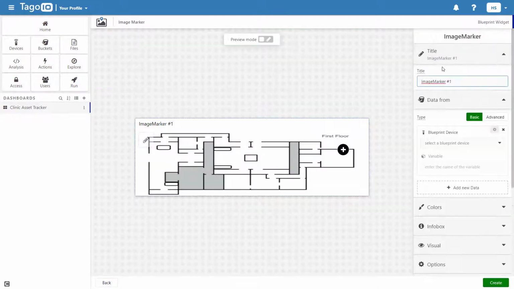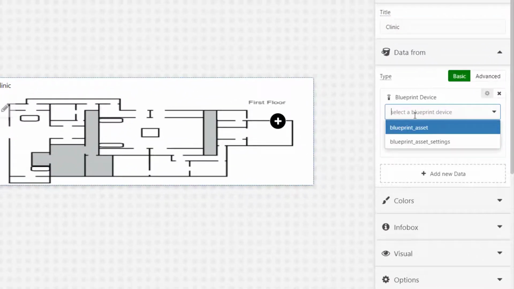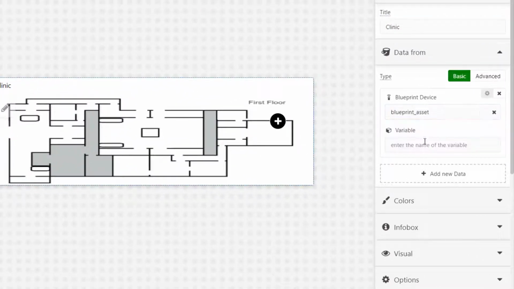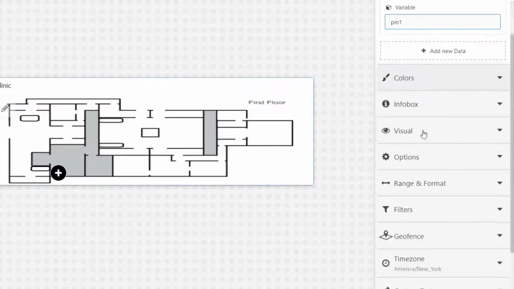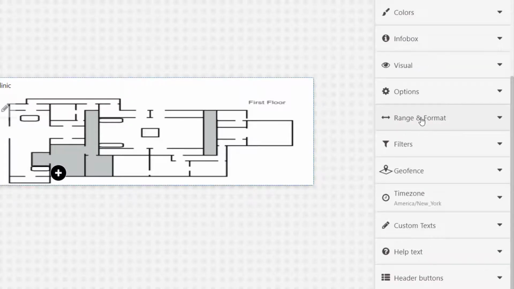The first thing I need to select after adding a title is a blueprint device I will be getting the location data from, and the variable from that device that holds the location data. Under Options, I will increase the maximum number of pins I can display to 3, although I will only be